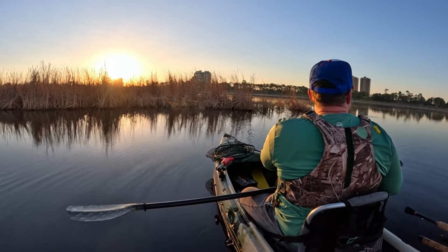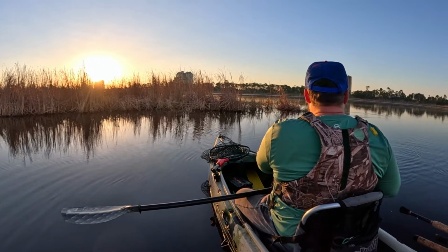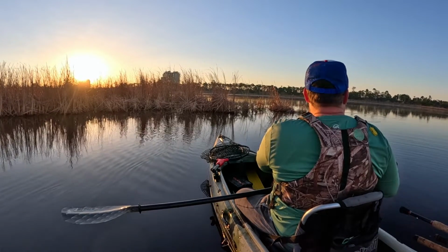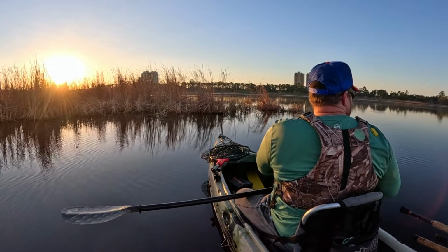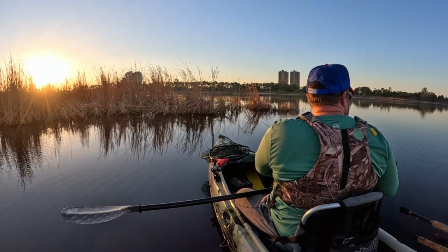It was supposed to be blowing about 10 miles an hour to start out with this morning, and it is definitely not doing that now, and it's supposed to get up to about 16, 17 miles an hour, coming from the south and eventually from the west. So trying to make hay while the sun is shining and it's calm, so to speak. You must be a little ways behind me, I guess. I saw your boat